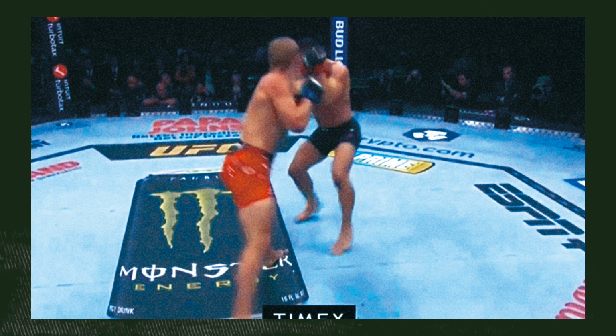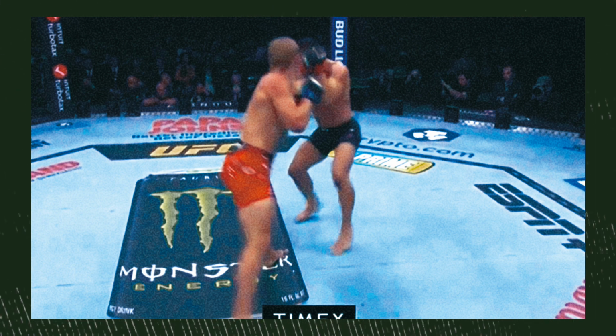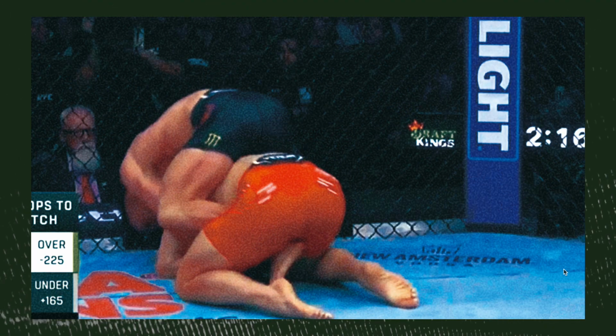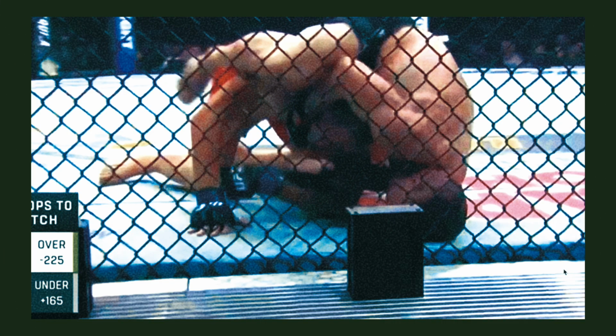For the first 2 minutes of the second round, the action on the feet is playing out just how Paddy envisioned it, using his long-range weapons, his low kicks, and his feints to freeze Chandler, while outpointing him. It was a bit after the 2-minute mark when Chandler again started to close the octagon down on Paddy. From here, Chandler could shoot and control Paddy against the cage. This time, however, that control was more short-lived. Chandler tried to get a hook in and fell off the top of the back, which got him in the